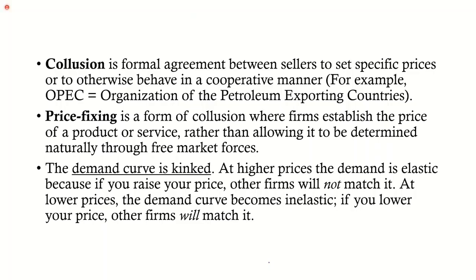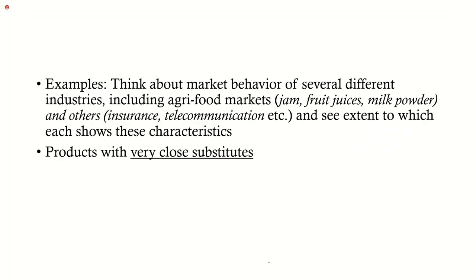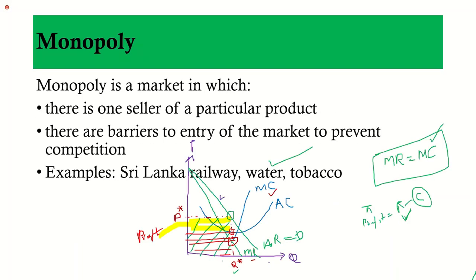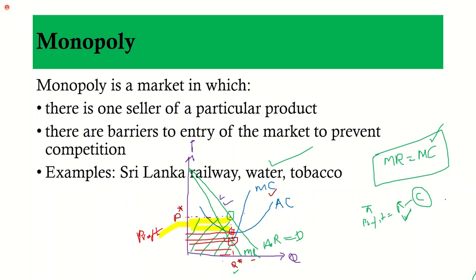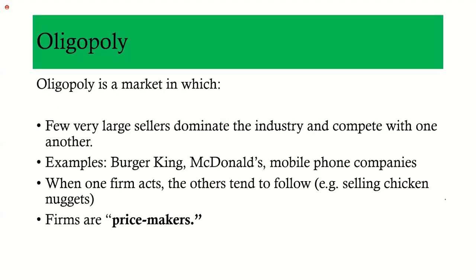And another thing that you would see in this type of market is this demand curve here. This demand curve is a straight line, isn't it, in other types of markets? But here, if we draw the demand curve, we can draw the cost curves and all that, very similar to the one we did with monopoly. So we have price and quantity. But the demand curve here, we say, is kinked slightly. Instead of going this way as a straight line, it shifts this way. And it's kinked because